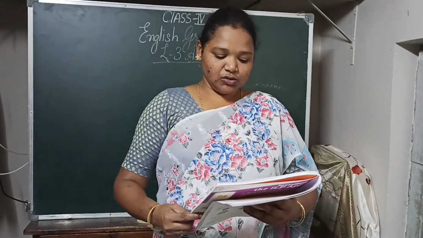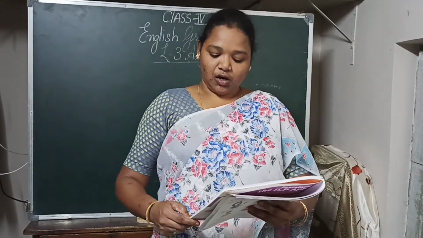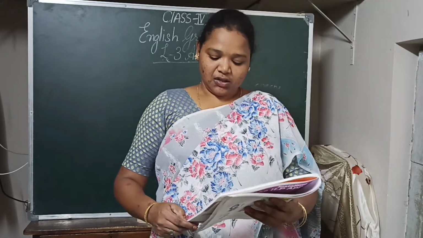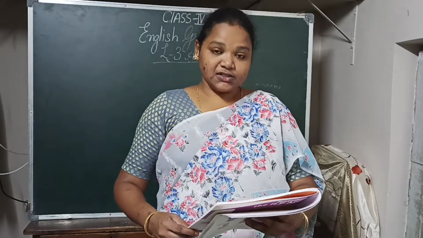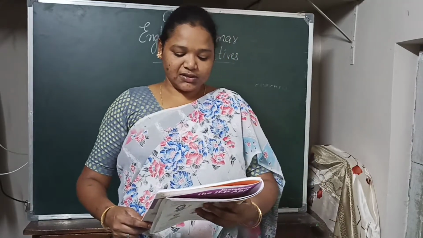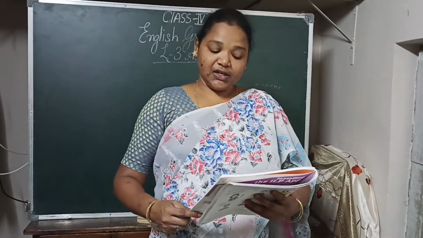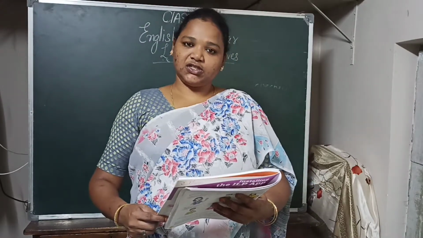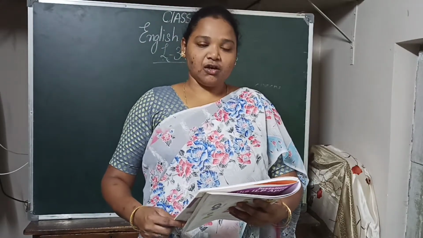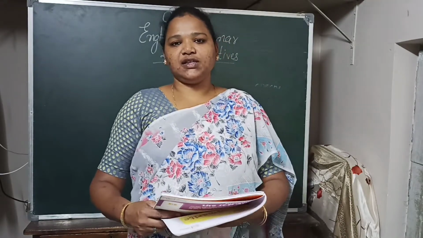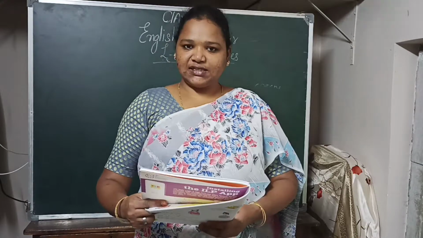Okay. So as you know, adjectives are used to, on page number 21 children, you have to open page number 21 in your grammar book. Degrees of comparison. As you know, adjectives are used to compare qualities of nouns. There are 3 degrees of comparison of adjectives. So today's topic deals with the various degrees of comparison in adjectives.